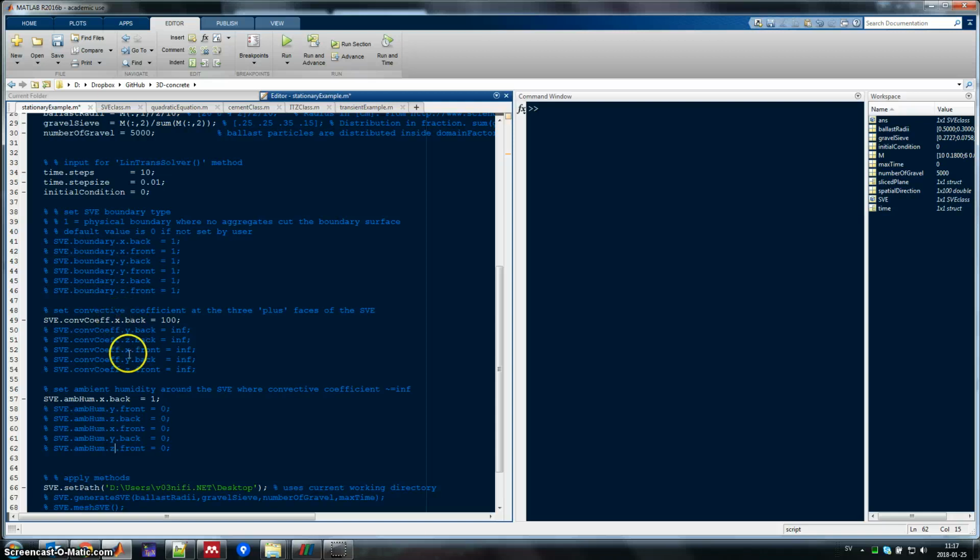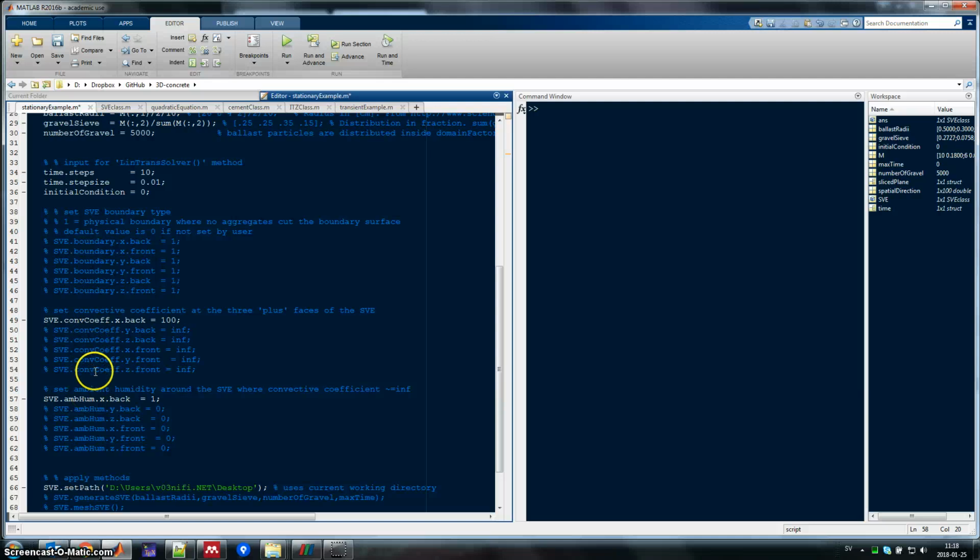You have x back, and then correspondingly x front, and then y back. Oh, this is all wrong, sorry. Probably some copy paste mistake here. Okay, so you have x back, x front, y back, y front, z back, z front for both of these,